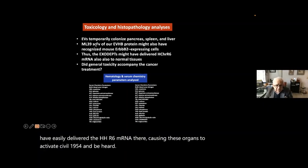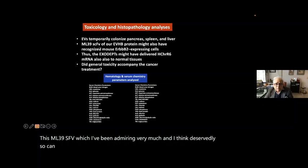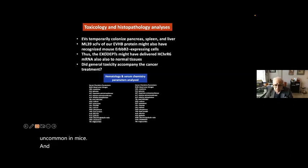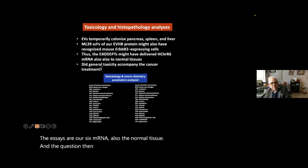This ML39 scFv, which I've been admiring very much, and I think deservedly so, can also recognize mouse ERBB2 expressing cells, which are not uncommon in mice. And so the possibility was that Exodeath might have delivered the HCHRR6 mRNA also to normal tissue. And the question then was, did general toxicity accompany the cancer